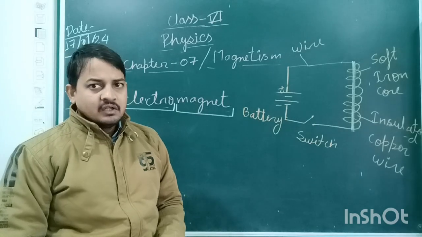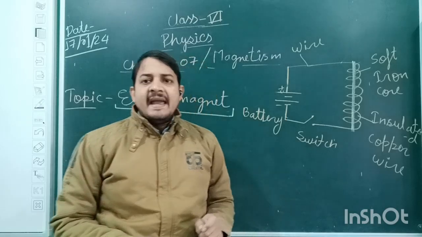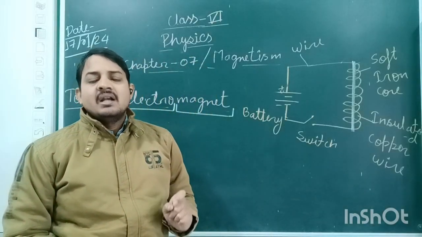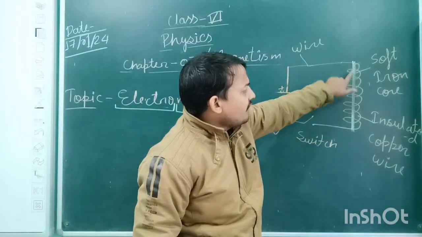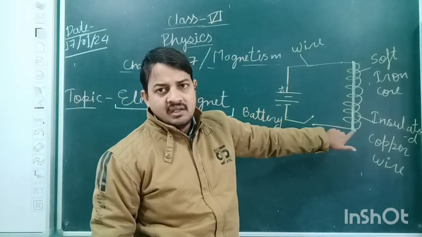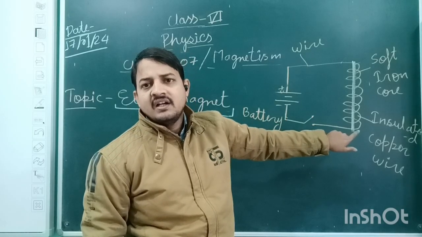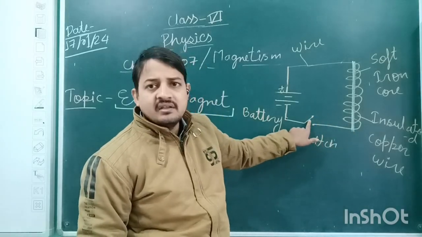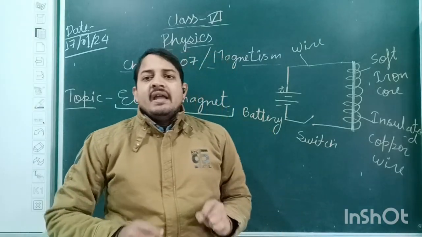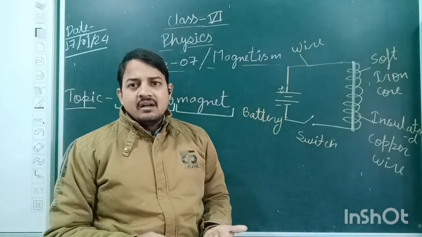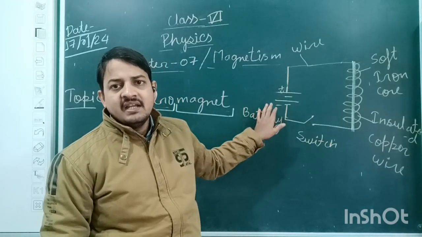Now see how it works. What I have said, an electromagnet is a kind of temporary magnet which acts as a magnet only as long as electrical current is passing through it. Now in this material, this soft iron bar, if I ask a very simple question, is electricity passing through it, yes or no? The answer is definitely no. Why? Because the switch is in the off position. For passing electrical current, we need an energy storing element, either a cell or a battery. In this condition, I have used the energy storing element as a battery.